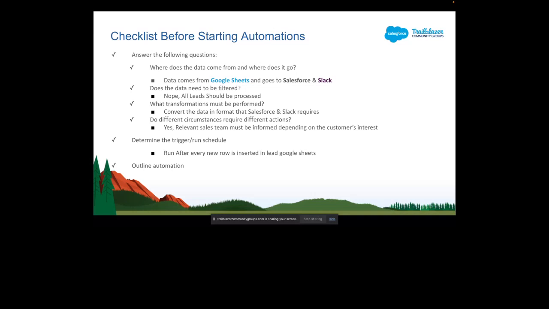Yes, because the organization where I am trying to automate the business process sells scooters and bikes, and they also have another Slack channel where they answer customer queries. For that reason, I would filter my leads and inform the relevant sales team over the Slack channel that I have found a lead, please kindly go to the customer. Because I am selling a bike, a scooter, and also answering normal queries,